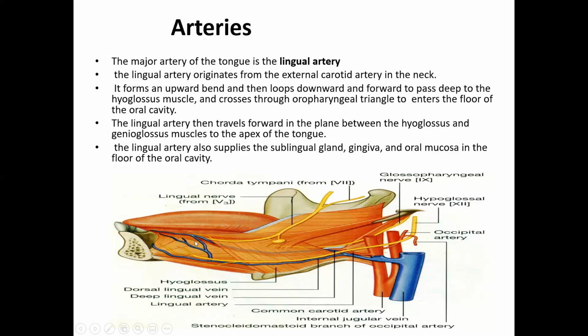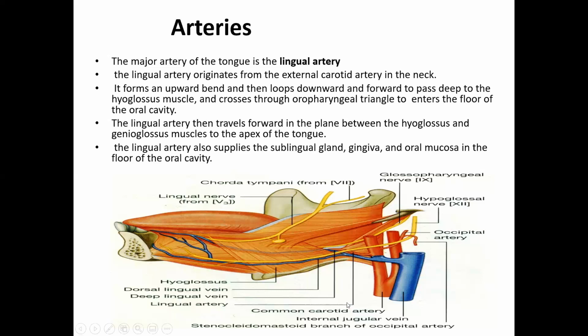While the dorsal lingual arteries cannot communicate, because they are present on the root of the tongue and are prevented by the mucosa, because the septum of the tongue separates them and does not allow communication between the dorsal lingual arteries on the opposite side. The veins of the tongue are the dorsal lingual vein, which accompanies the lingual arteries.